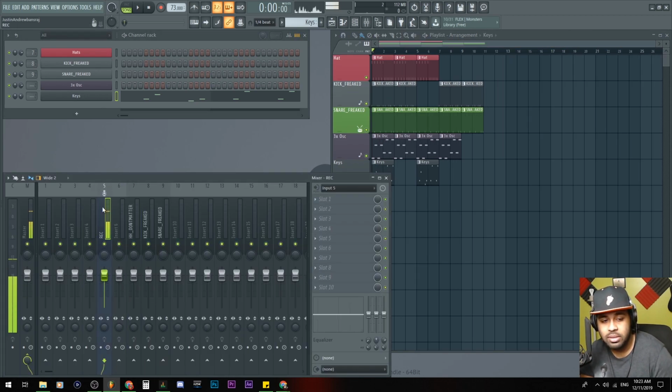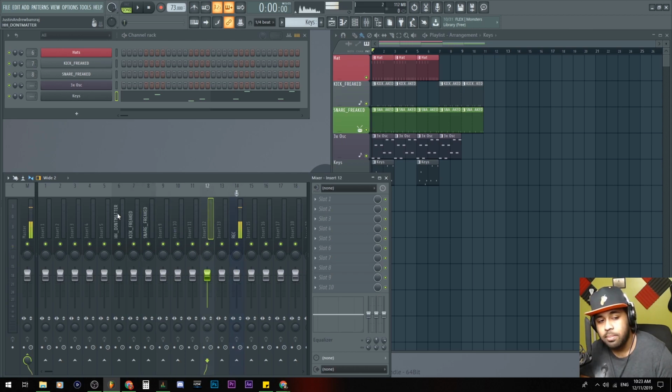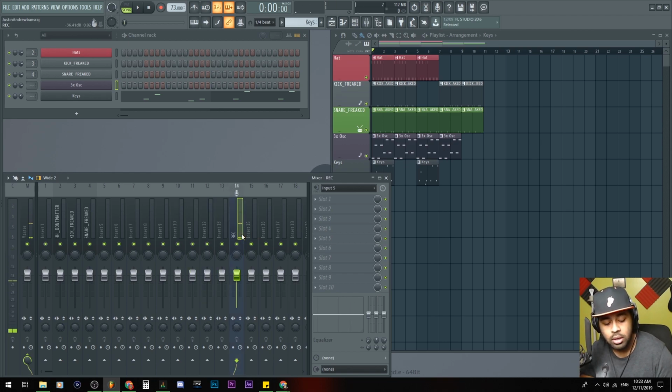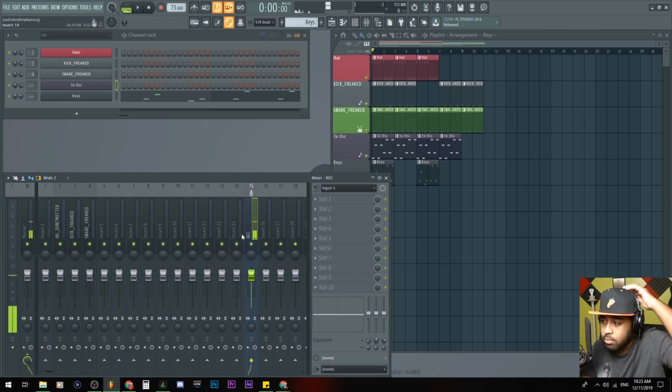So the mixer is going to be the place where I have my sounds that I want to organize, also the spot where my microphone is. To work the mixer, first you'll have to put the sounds into the mixer. As you see, I have 6, 7, and 8, which I'll drag over to number 2, 3, and 4, like that. By the way, to move an insert, have it highlighted, or double click and drag to highlight multiple. And then I'm holding the left Alt button on my keyboard and then pressing left and right. Oh, the right Alt button works as well. So Alt and then move the keys.